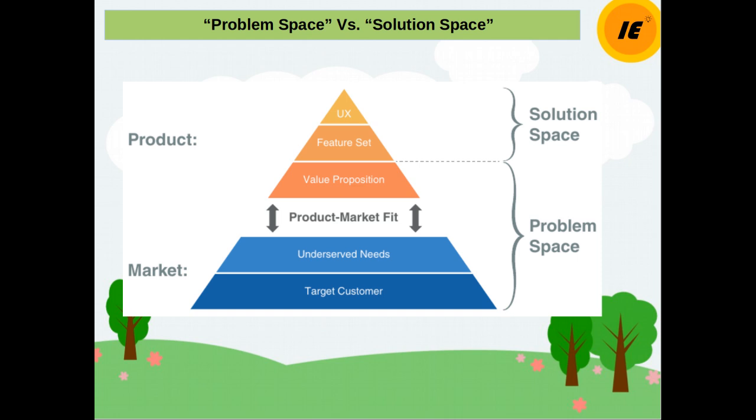You often hear strong product teams distinguishing between the what and the how. The what describes the benefit of the product: what the product will accomplish for the user or allow the user to accomplish. The how is the way in which the product delivers the what to the customer. The how is the design of the product and the specific technology used to implement it. The what is the problem space and the how is the solution space. Now, inside-out product development is a bad concept where you don't go outside to the customer and you just think, okay, this is the solution, and it's a very bad thing to do.